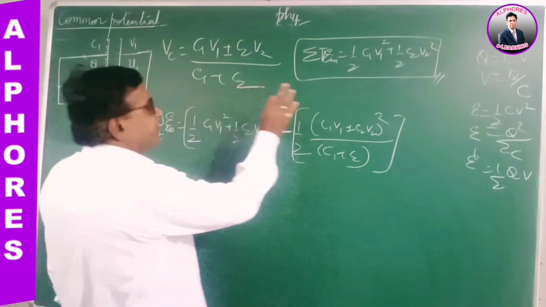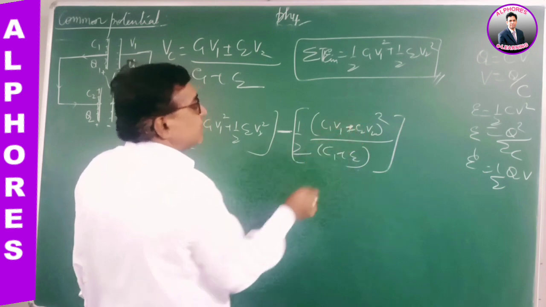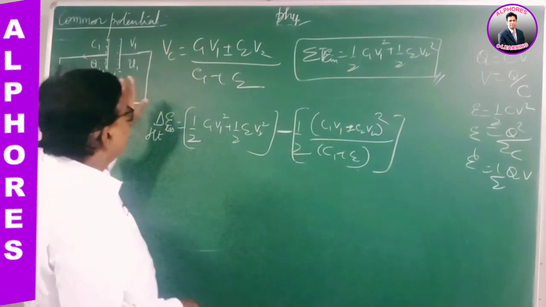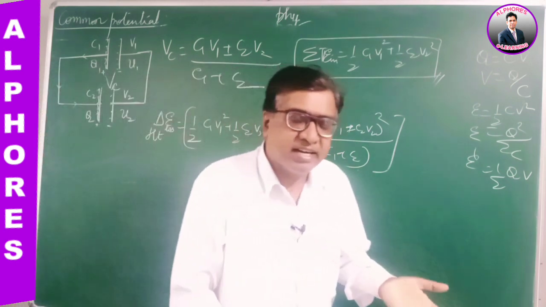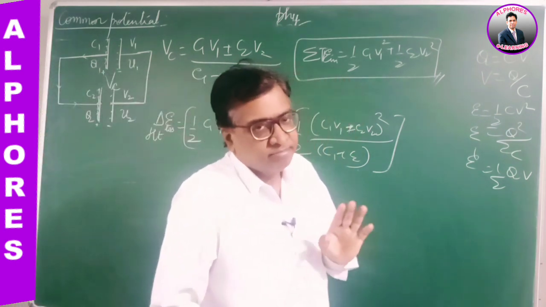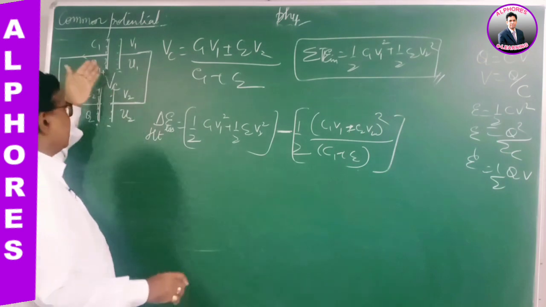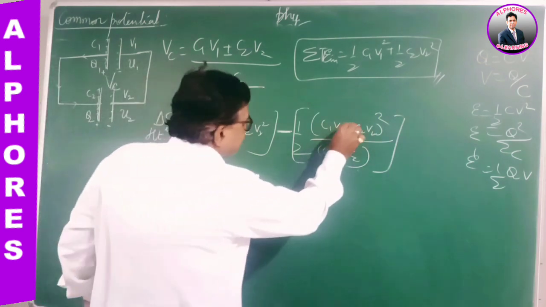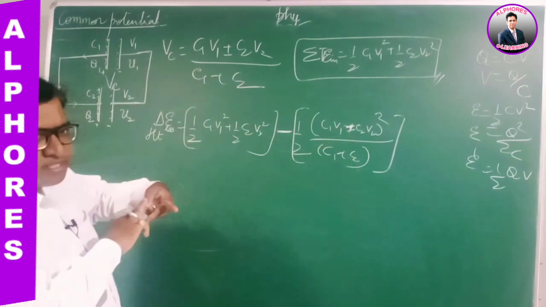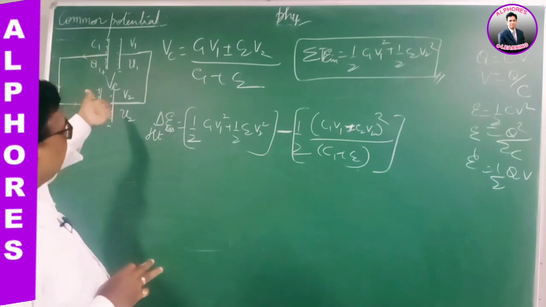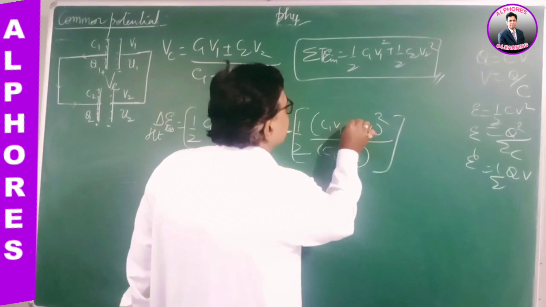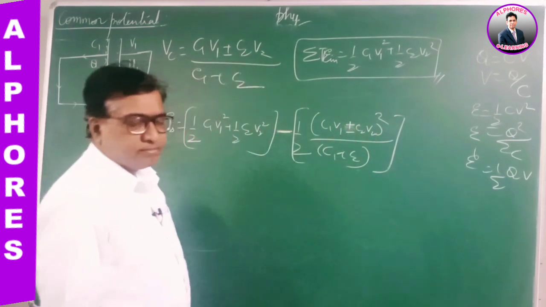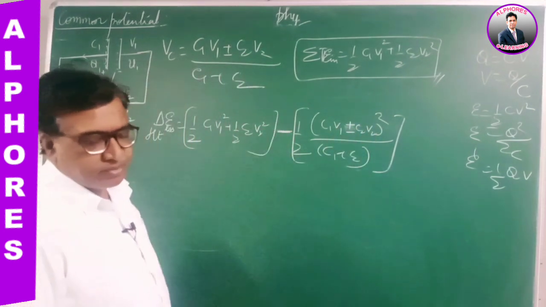So if I simplify this, plus or minus, I am taking both cases together. I can connect plus to plus, minus to minus; either the like terminals are connected or the unlike terminals are connected. If it is plus to plus, minus to minus, take it as plus here. If it is the reverse way, positive of the first connected to negative of the second, and negative of the first connected to positive of the second, then you write it as minus. This way you have to put it down.